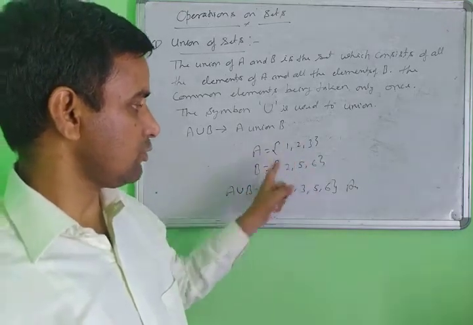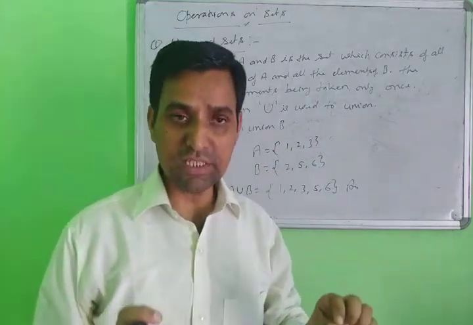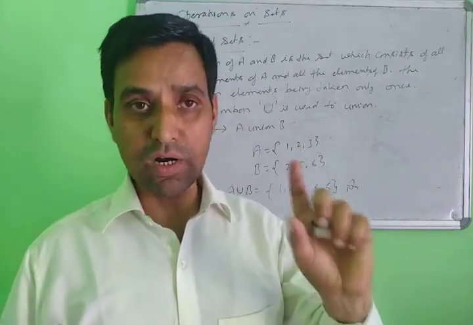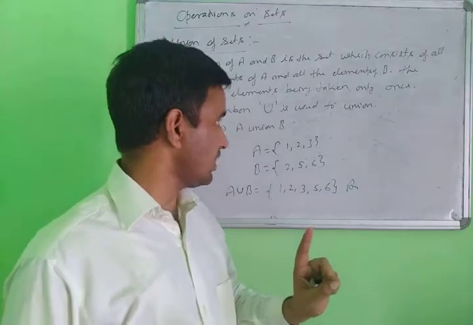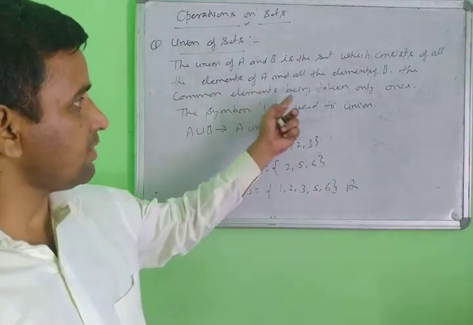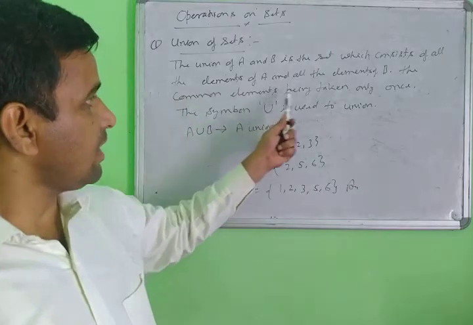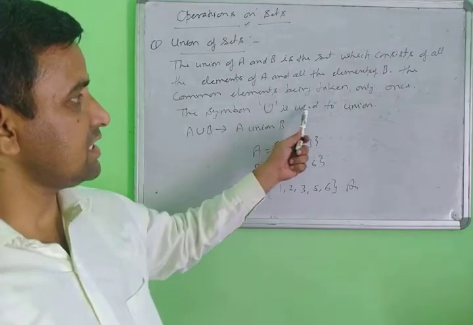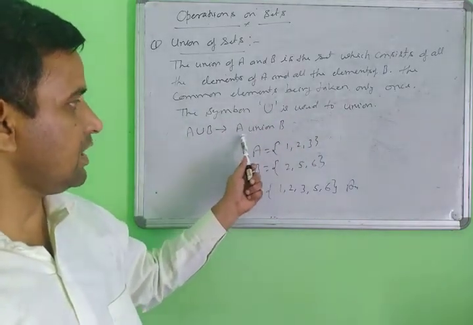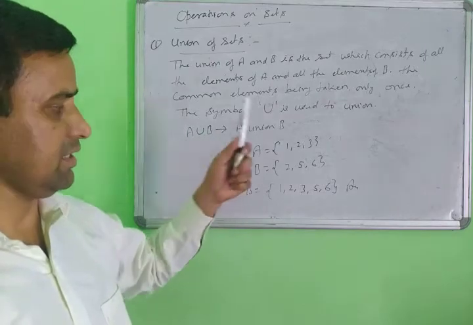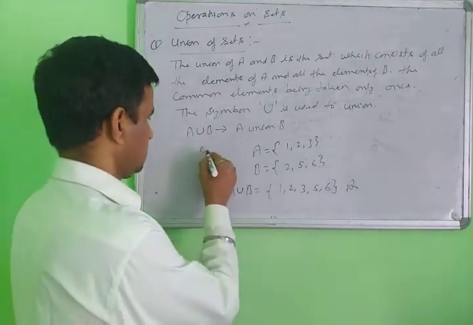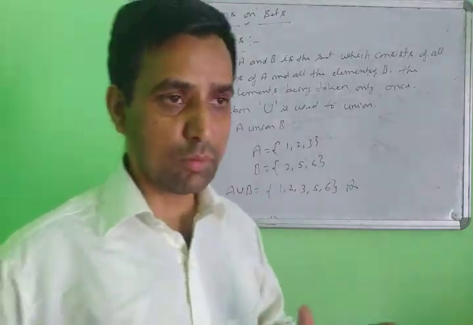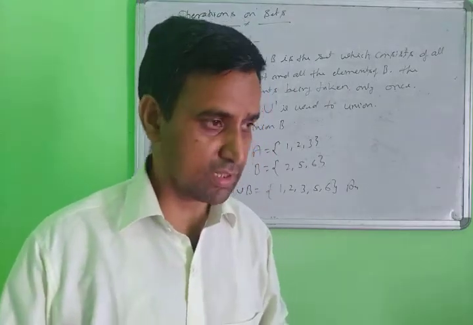Then what is the process of union here? You will write every element of the sets, but those elements that are common in the sets, you will write only once. The common element is taken only once. This symbol is read as union. How to read A union B? You will read it as A union B. So this is the example of this. If there is no problem here, the simple meaning of union is addition of the sets. Very simple thing. Now next point.